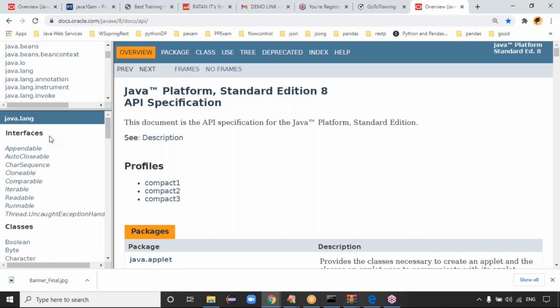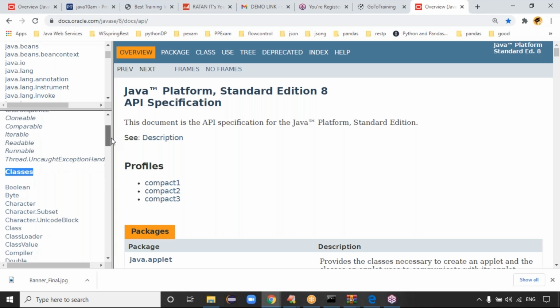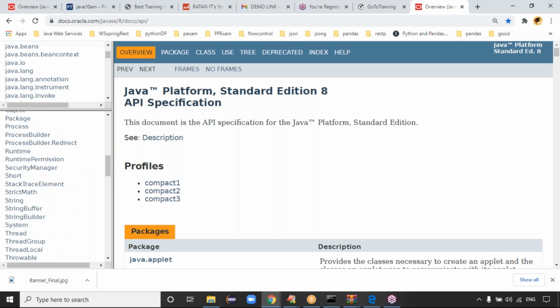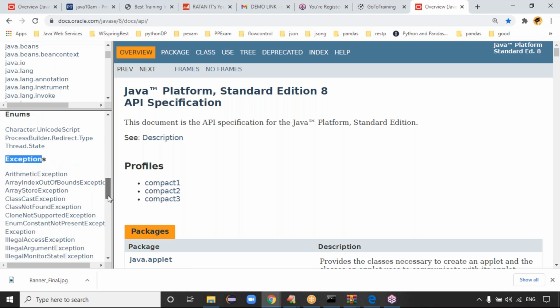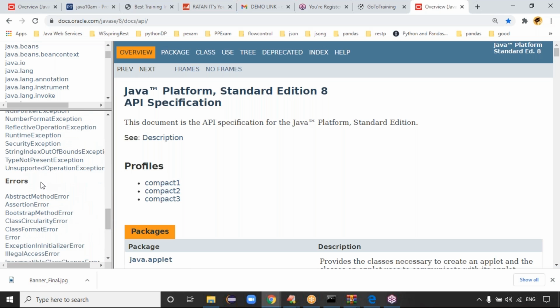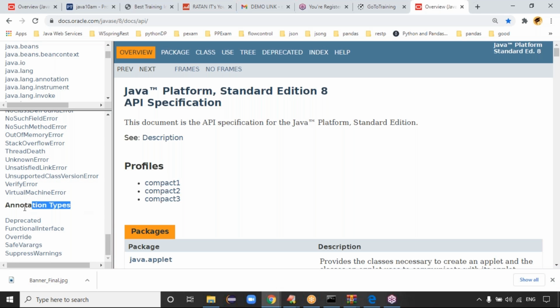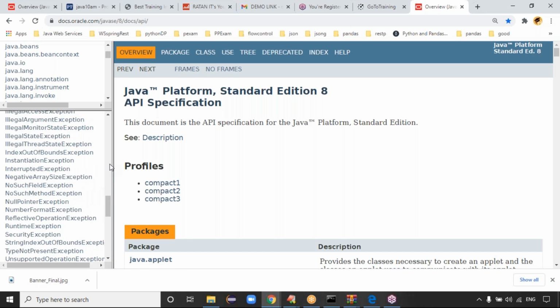What does the package contain here? The first element is interfaces, right? The package contains interfaces and classes. It contains enums. It contains exceptions. It contains errors. The last one is annotation types. You are able to see these points, right?